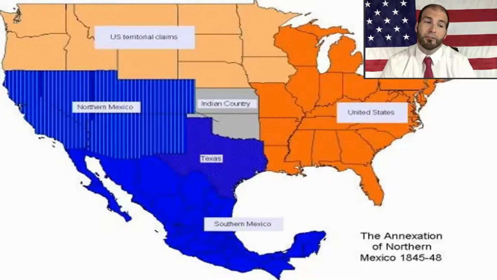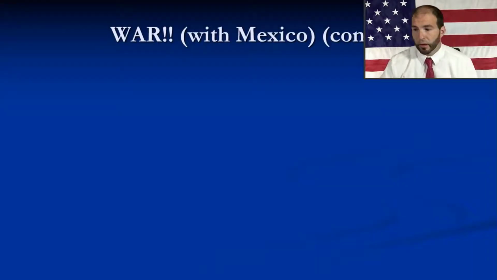So, if they won't sell it to us, how are we going to get it? All right. So, this is what James K. Polk is going to have to figure out. If they won't sell us the land, how are we going to get it from them? All right. So,